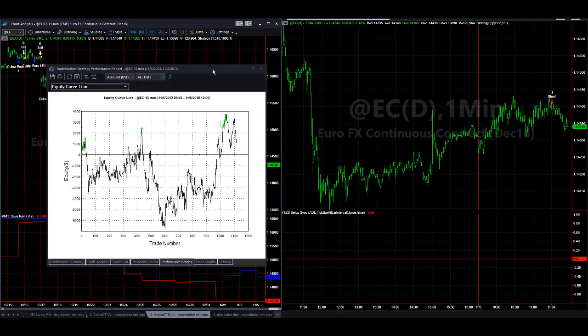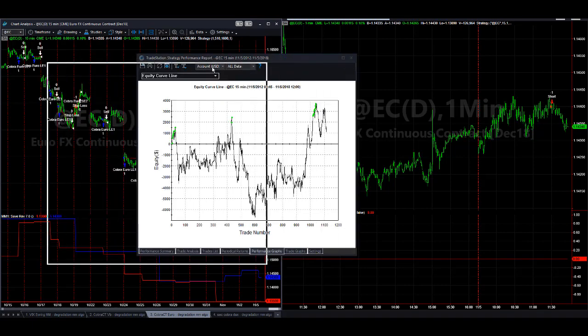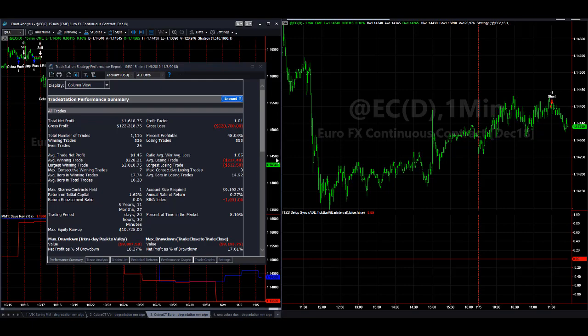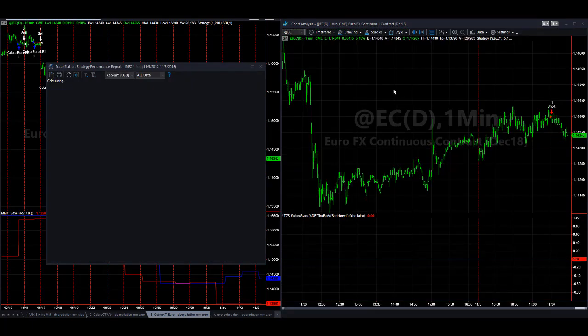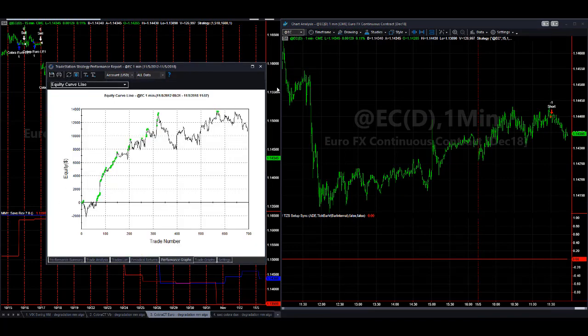Here's Cobra Ct Euro. Currencies are not my forte in recent years. I've not focused on them as much. But this is an example of the degradation algorithm on that. And here is the base strategy. Not very good, but what can you do with that? And you see an improvement in the strategy, still not as tradable, but in theory it further proves our degradation